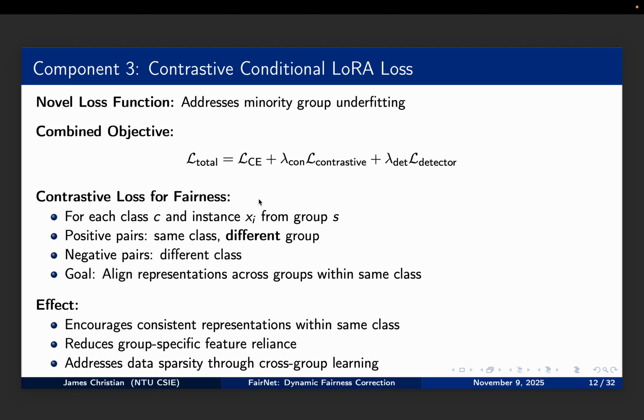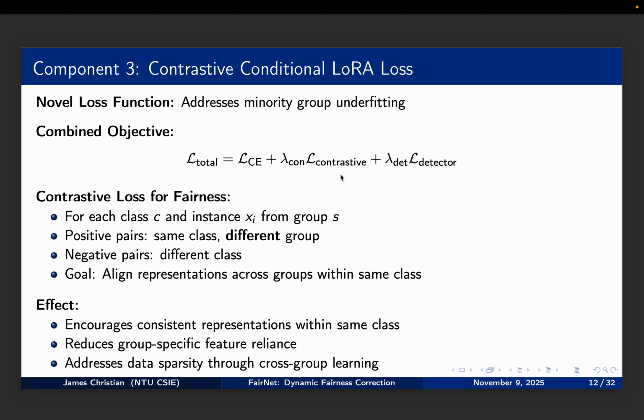The third component is the novel contrastive conditional LoRA loss. This addresses minority group underfitting. The combined objective is L total equals L CE plus lambda contrastive times L contrastive plus lambda detector times L detector. For the contrastive loss for fairness, for each class C and instance Xi from group S,